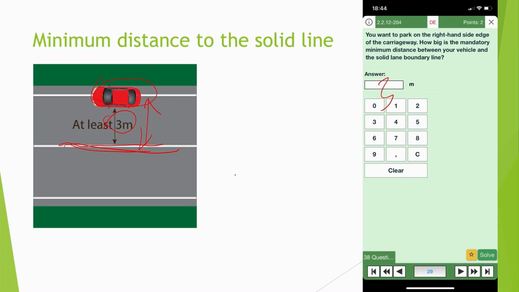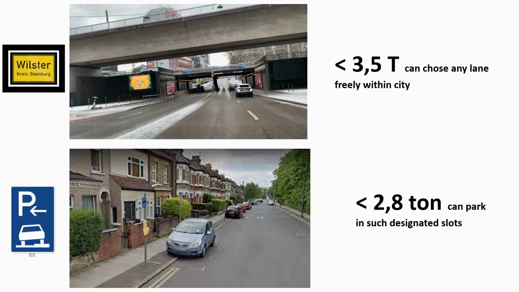Let's look at the next scenario. Okay, so let's look at this scenario. So this is your city road, you have 2 lanes moving forward. Only if your vehicle is less than 3.5 ton, you can choose any lane freely. Otherwise, you will have to stick to your right lane. Okay, and in this case, you have seen parking, where parking is allowed on footpaths. So these are designated spots, and only if your vehicle is less than 2.8 ton, you are allowed to park